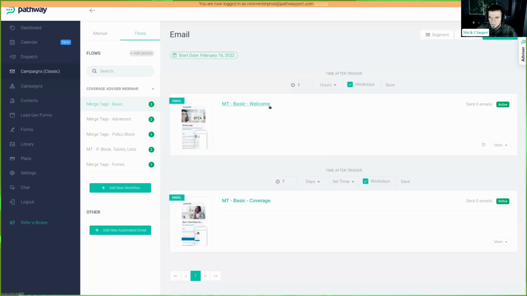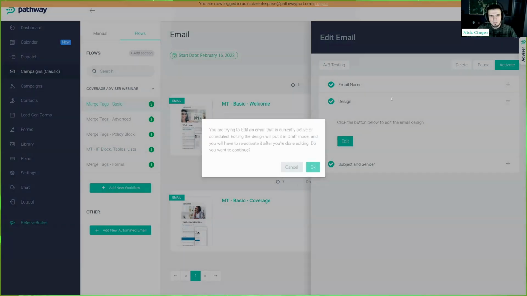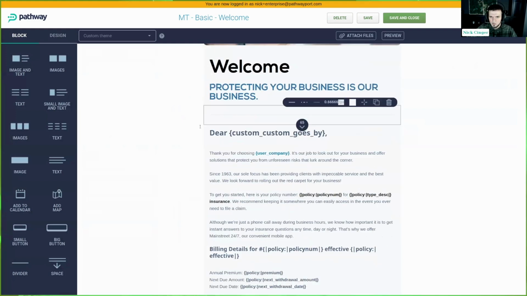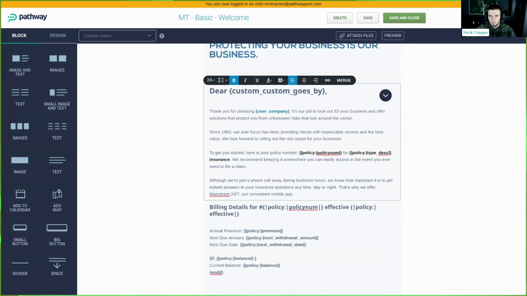Let's look at a basic example. When I say basic, it's the basic set of features, right? So this is what you might see in a simpler setup of an email. You can use the custom field goes by, which looks something like this. You can put in your company as a merge tag into the email content. This might not make sense if you're a single office, but if you have multiple offices and they have different company names, you can instead use a branch